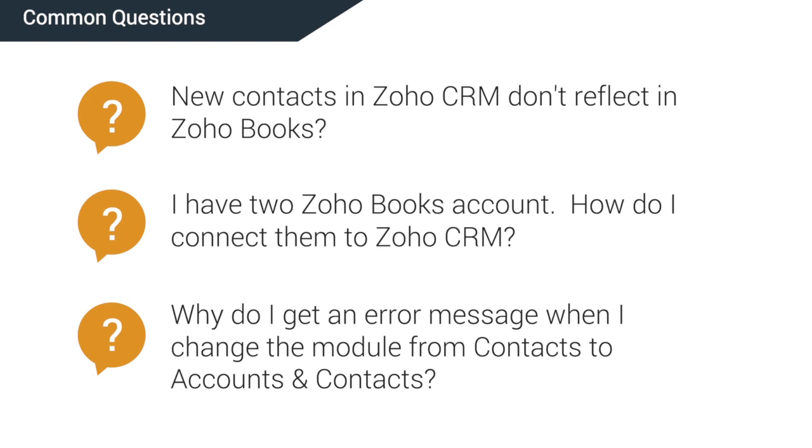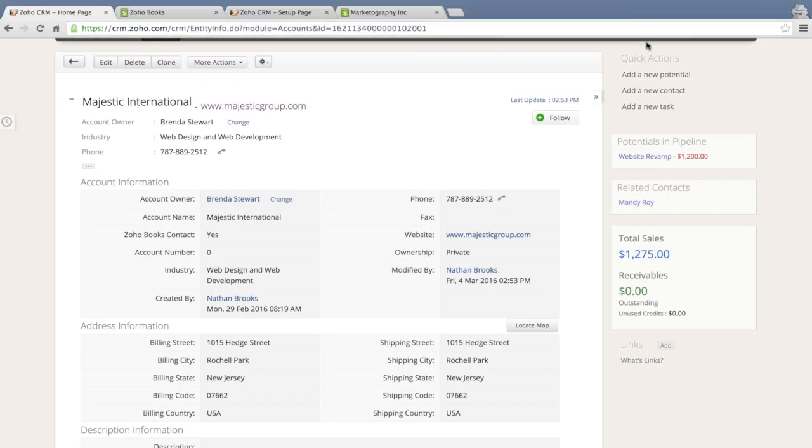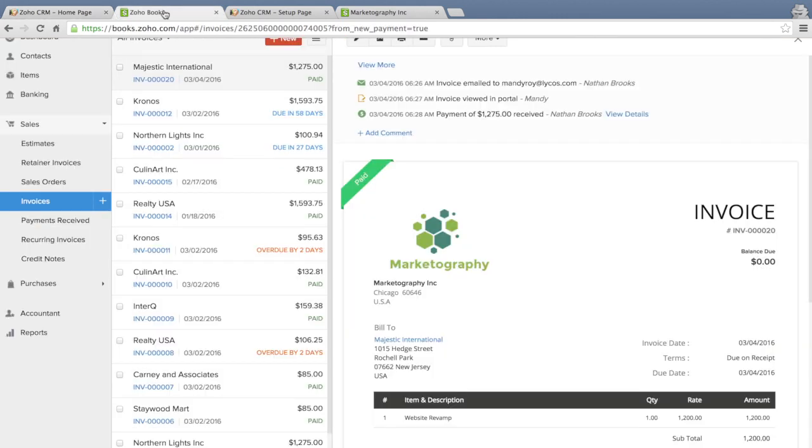Once you have connected your Zoho Books and Zoho CRM application, we sync your data every 2 hours. So if you have added a contact in less than 2 hours, chances are you may not find them in Zoho Books. But you can quickly add that by doing the instant sync. Let me show you how to find the instant sync option. So when you go to your Zoho Books setup,